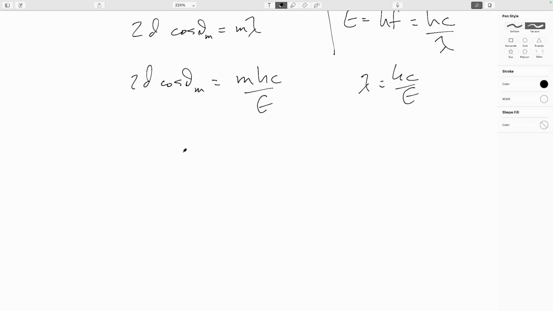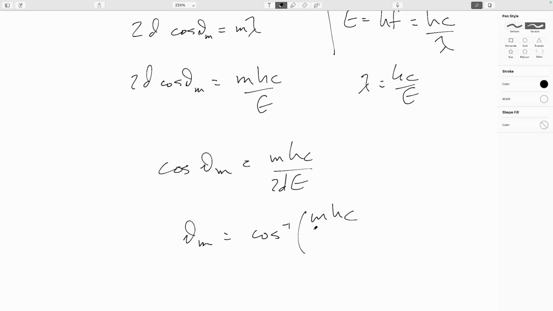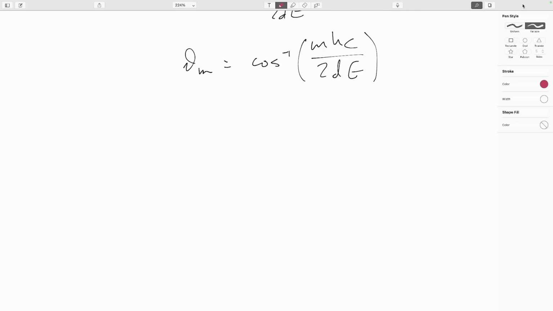Rearranging, cosine theta m equals m h c over 2 d E. Take the arc cosine of both sides. Theta m equals the arc cosine of m h c over 2 d E. So when you're doing this kind of a problem, something that's really handy to remember is, since